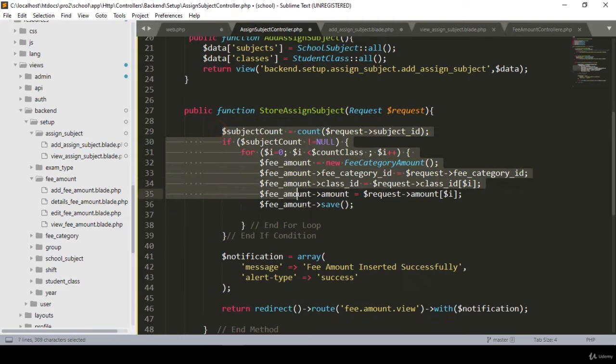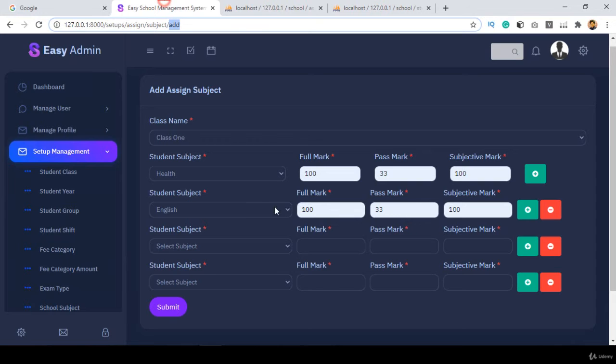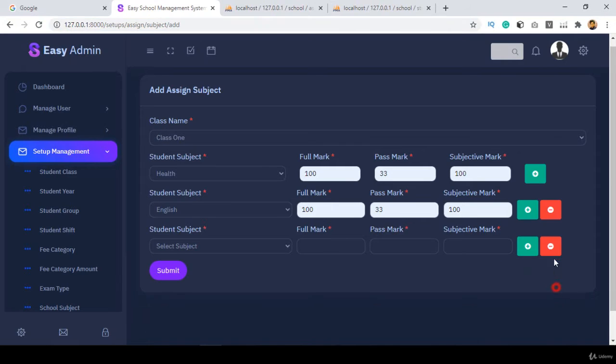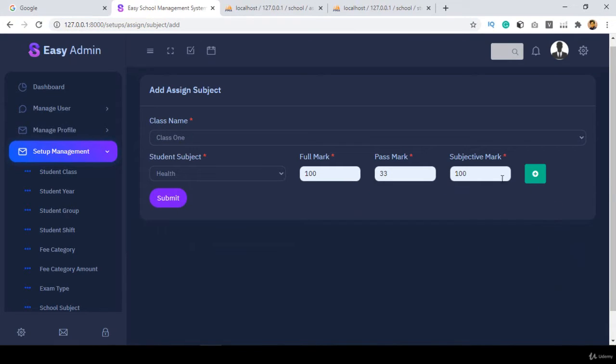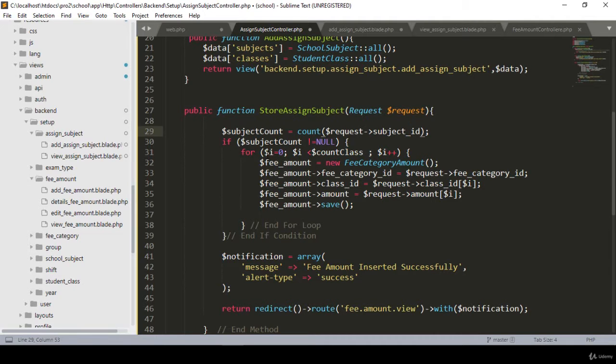I have already discussed the main functionality, why I'm actually using this count, right? First of all, with this we will check it. That means you cannot just insert only the class, that means the class name. If you remove every field, without this you cannot use it. For that reason there is actually our count, and if it's not null, then it will save